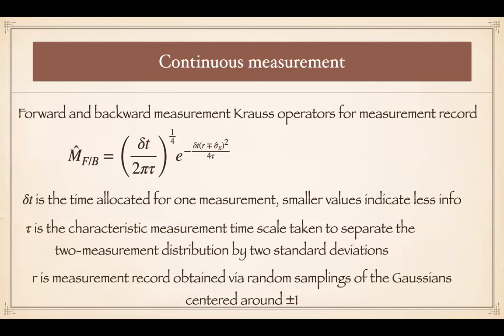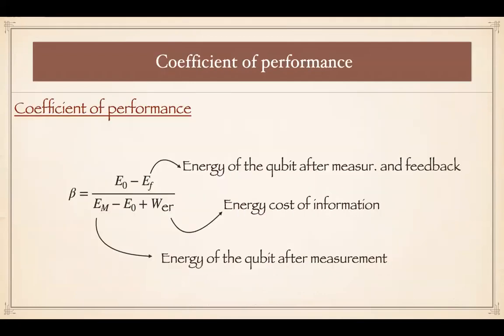Do you have an intuition for why the projective measurement is not the best for having the best coefficient of performance? Not sure, but I think the reason is that it's not a very simple relation, right? It's the ratio between the two, the work and the heat extraction, that plays a role. So it's not that you always get the maximum for each of them at one measurement strength. That's the reason, I guess.